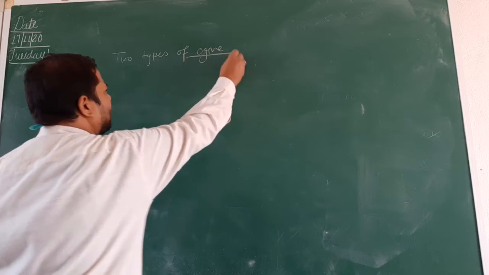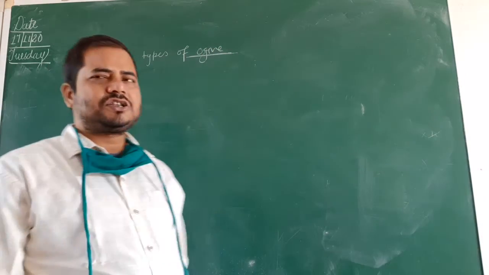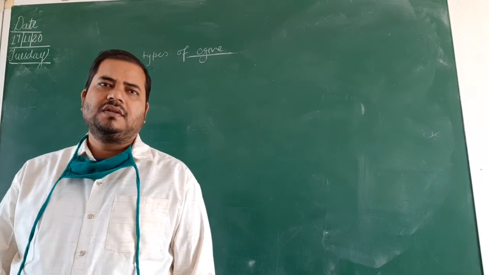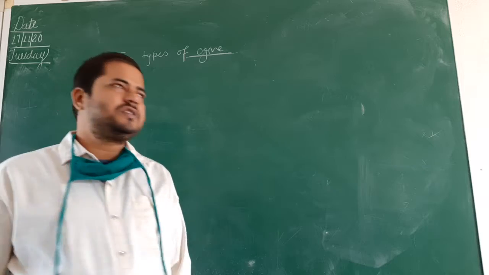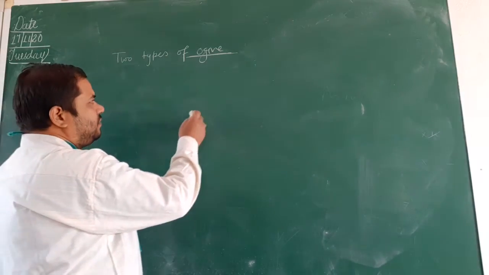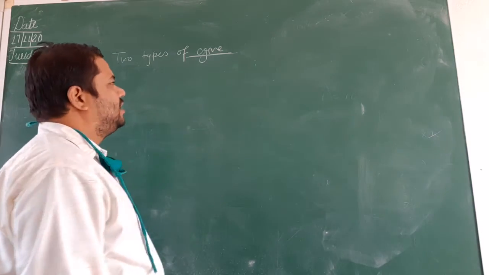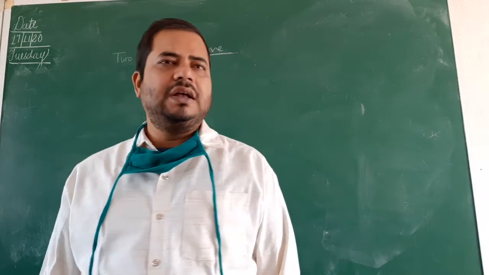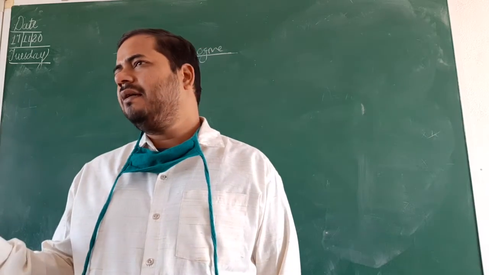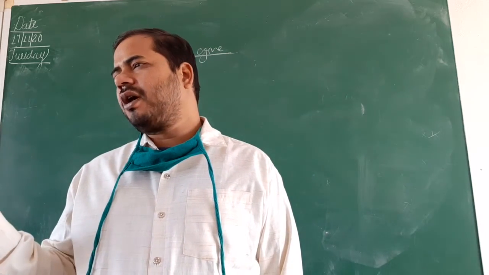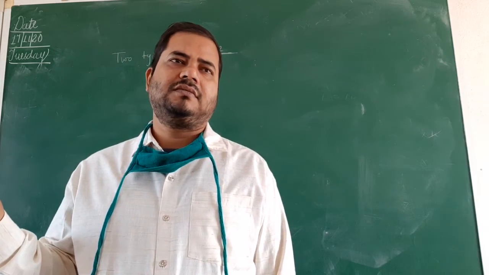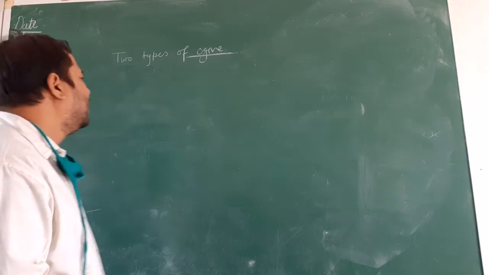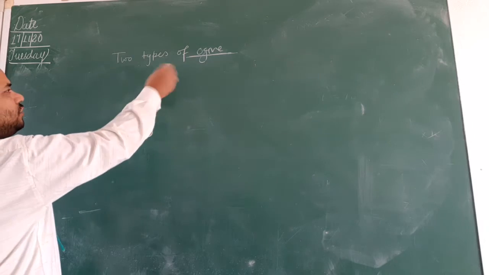Why is it known as ogive? This is a smooth curve. Okay. Freehand curve. This is the freehand smooth curve, and that's why it is known as ogive. Clear? You just go through the NCERT book and see why it is known as ogive. You will get the answer. Okay. So there are two types of ogive.